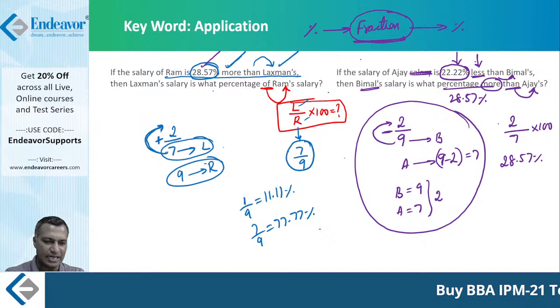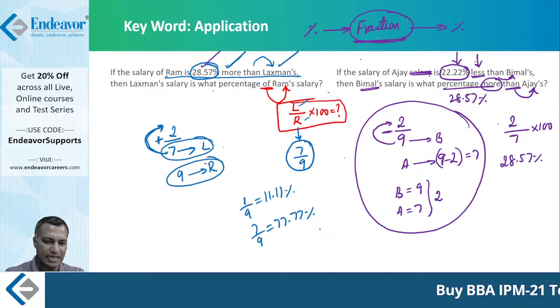You started with 28.57, you ended with 77.77. But all in between is just a fraction representation. It's all the fractions, story of fraction, dealing with the fractions, interpreting the fraction, trying to make some sense out of it and try to arrive at the answer option, right? Therefore, I emphasize this right in the beginning: percentages don't look like percentages. Understand that we start the problem as a percentage, we do all the working as a fraction as much as possible, and we convert and give back the answer in the form of a percentage. Fair enough. Now, that's about these applications of keywords.